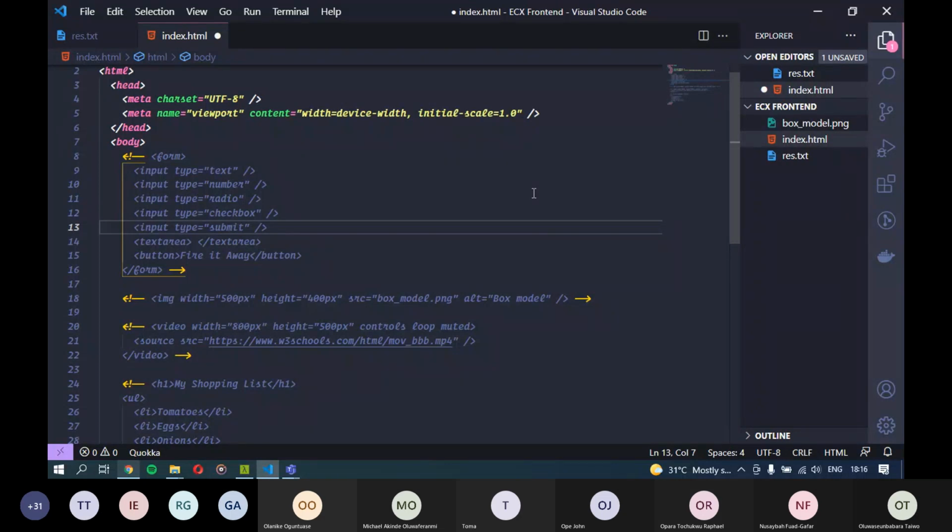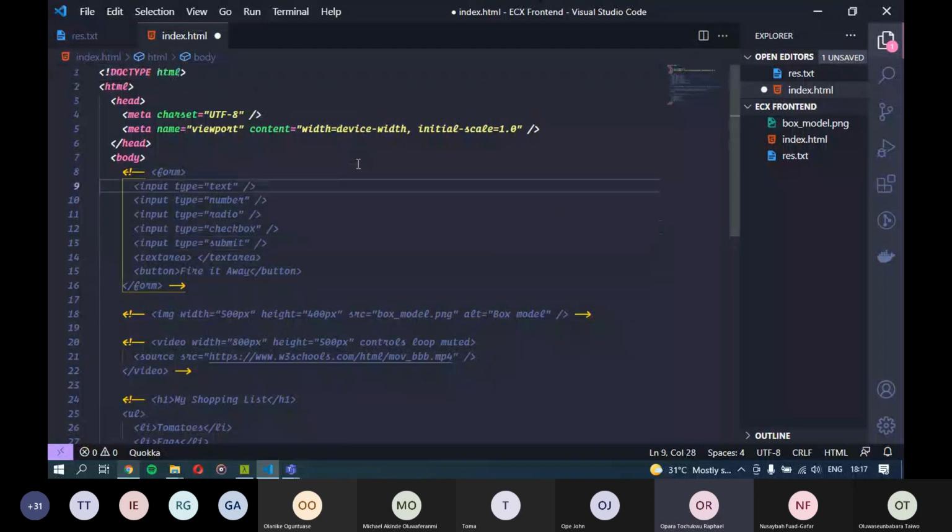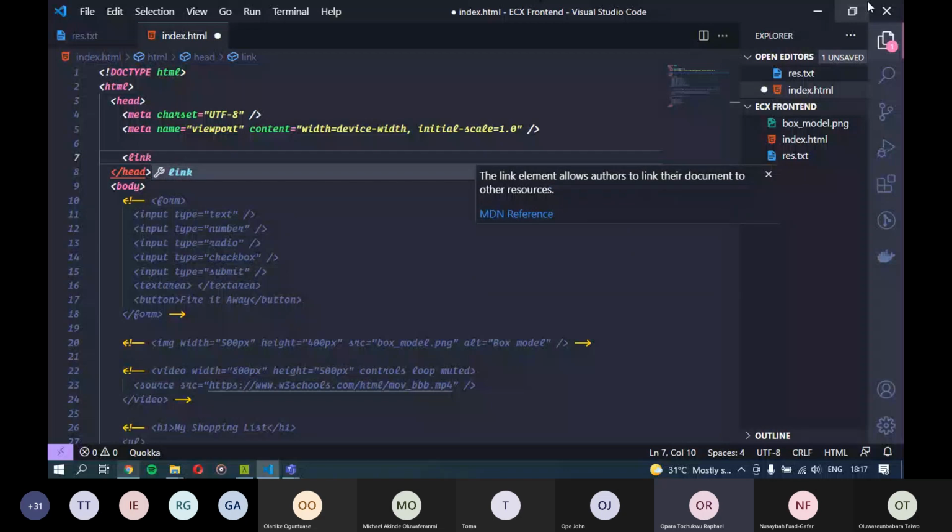So to get started with CSS, we are going to have to add another thing as a child of our head tag. So we are going to add a link tag. What this link tag does is it helps us gain access to other files inside of our directory. Since I want to add a styling file, this is going to be styles.css. I'm going to use the link tag to do that.